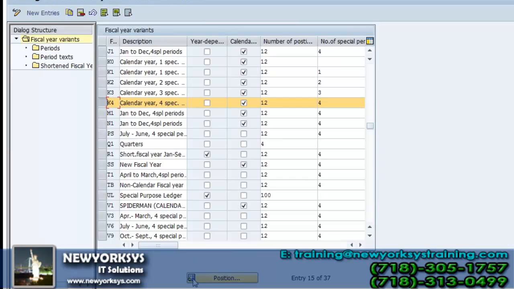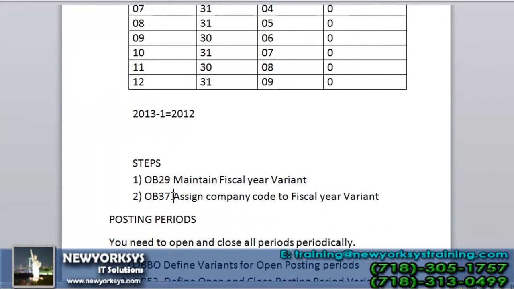The next step is OB37. We are assigning the company code to the fiscal year variant. It means we are telling the system that our company code follows the fiscal year called K4.